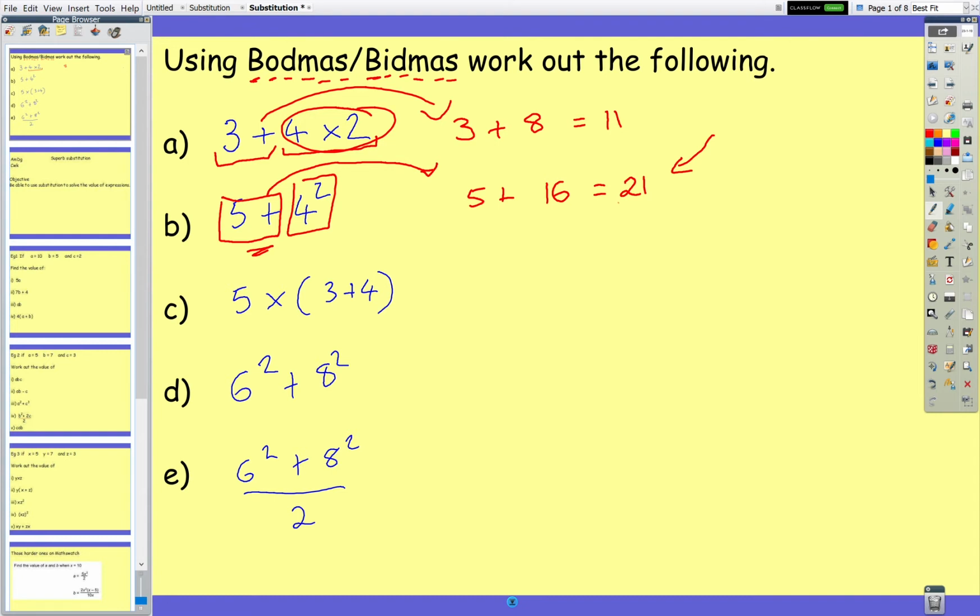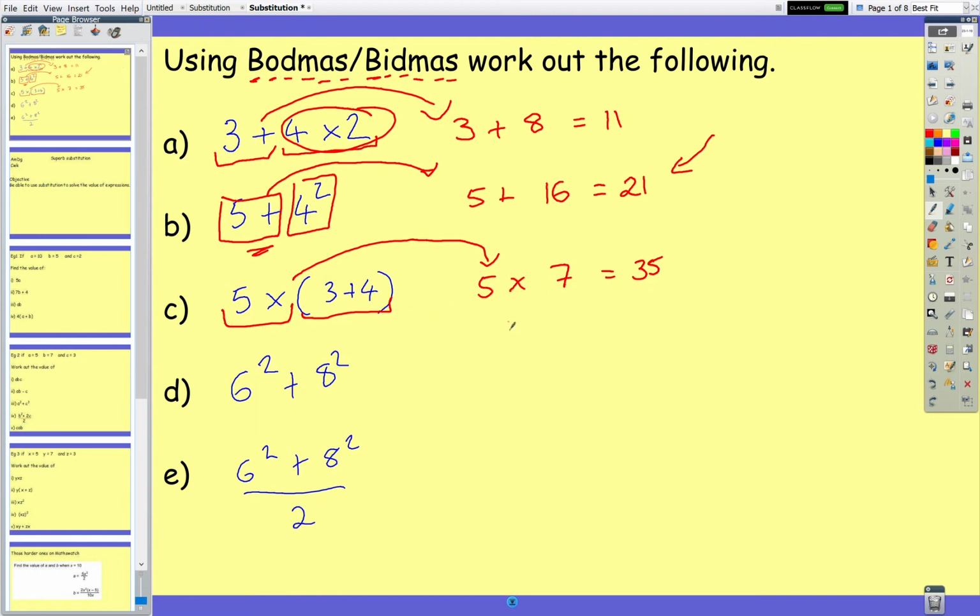Now the next one, 5 times 3 plus 4. Now, the reason why this is slightly different is because we've actually got these brackets here, and that's the very first part, that's the B part. So we have to work out this part here first. We've got 3 plus 4, which gives me 7. Okay, and then we've got the 5 and the times, it's before it, so we put it just here. So we've got 5 times 7, which equals 35. Okay, it's important that I make sure that I put the 5 times in front of the 7. Okay, I understand the fact that 7 times 5 is still 35, but just for continuity, make sure that you're